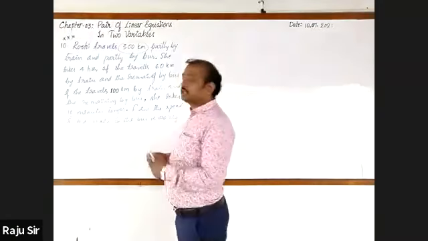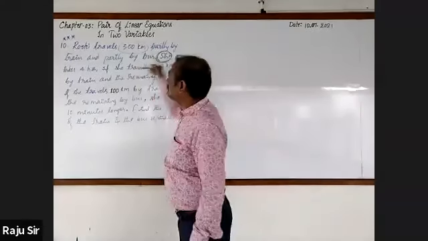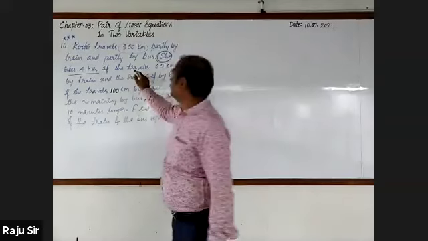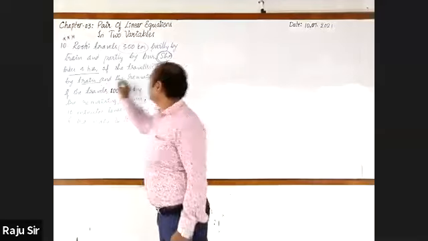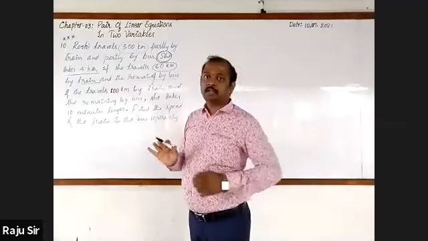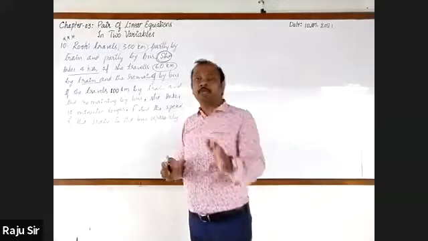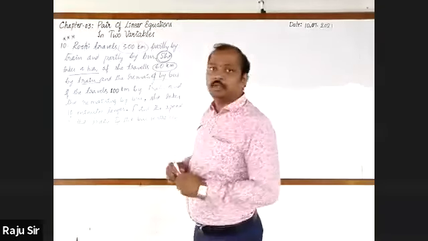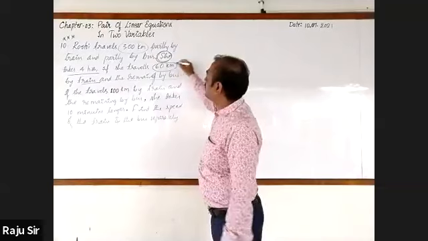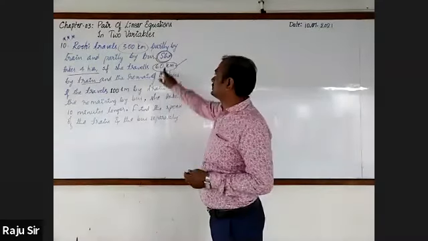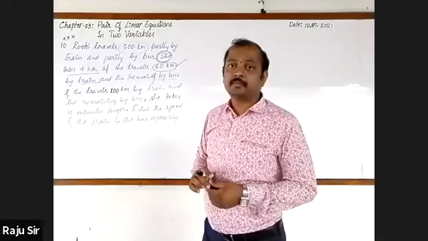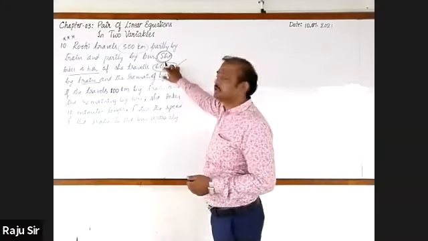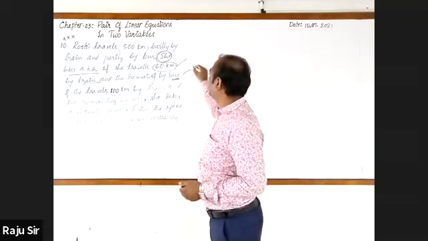And there are two situations. In the first situation, she takes 4 hours if she travels 60 kilometers by train and the remaining by bus. Total 300 kilometers is the distance to be traveled by Ruhi. If she covers 60 kilometers by train, what is the distance covered by bus? 240. 300 minus 60, yes, 240 kilometers.